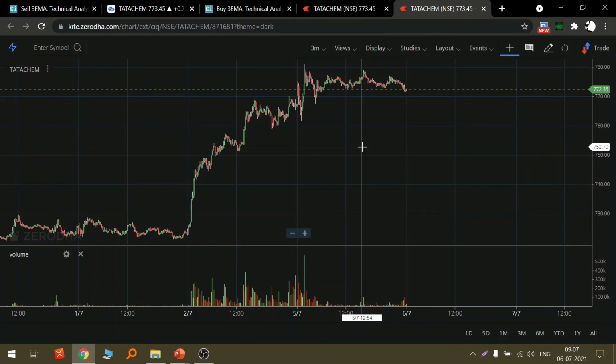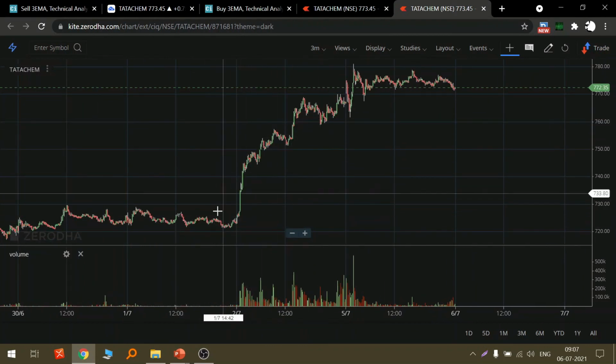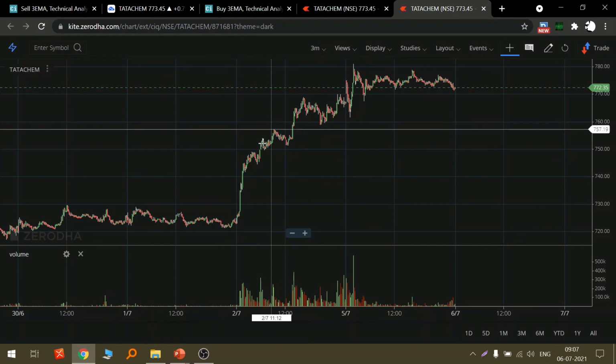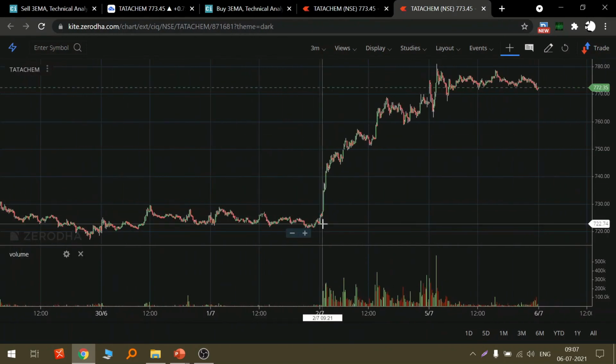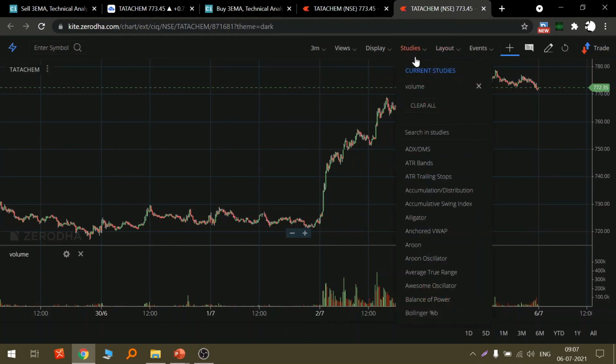So this is Tata Chem. By the way, Tata Chem had given us a beautiful entry in our Bollinger Band strategy, if you guys can see. So it has given 2-3 entries, and this entry would have been a very powerful entry with even 1:10 risk reward ratio. So in case you are wondering what strategy it is, please revisit the video of Bollinger Band squeeze strategy. So basically, we would have seen that strategy here.